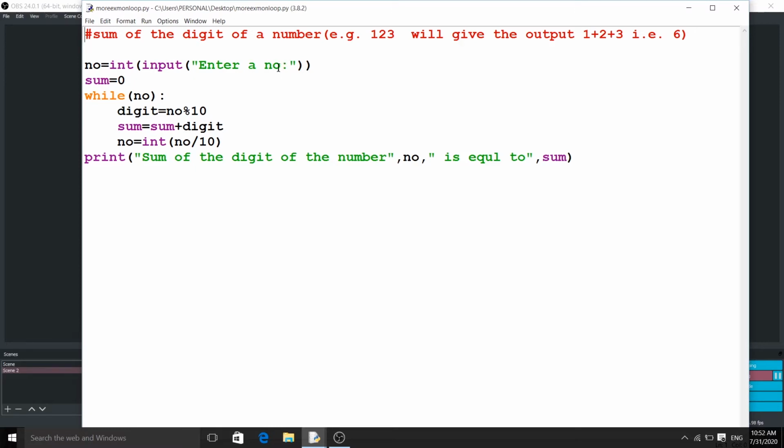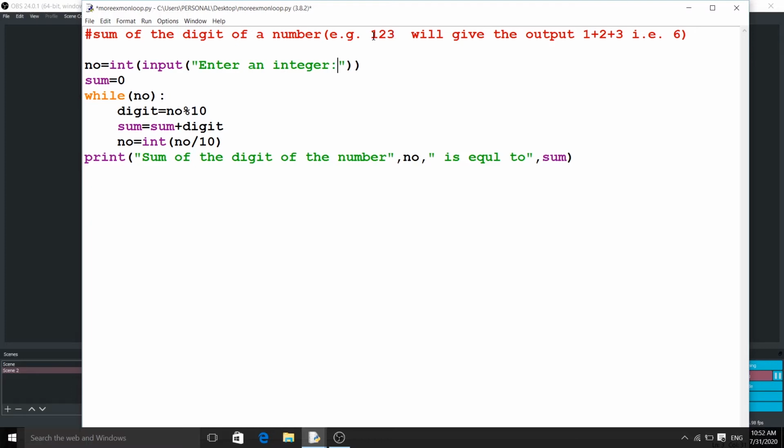You can change here: instead of number, we can give the prompt enter an integer. So readability will be increased and it will be clearer for the user who will enter the value. And digit equals number modulus 10, that will give the remainder of the number.